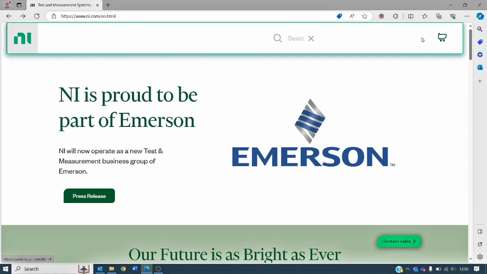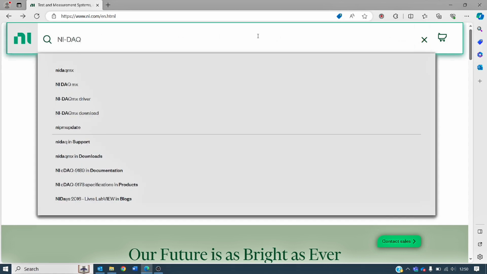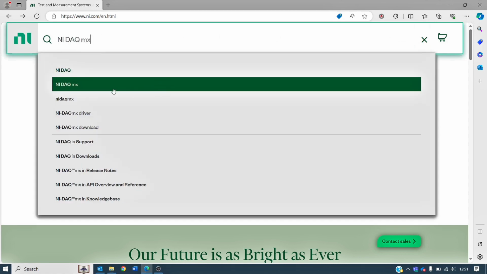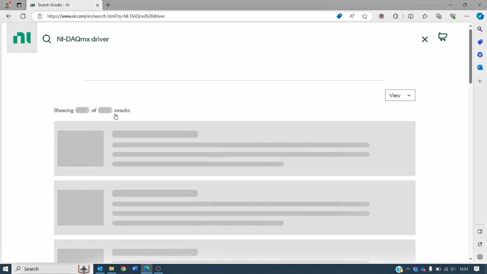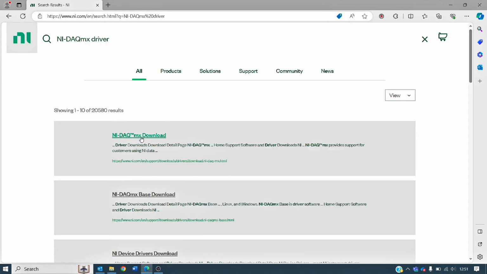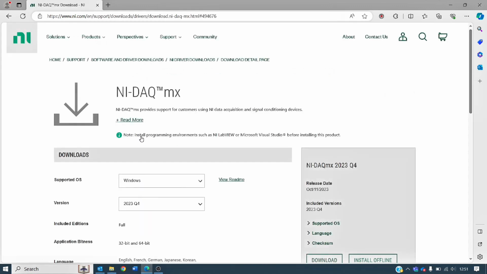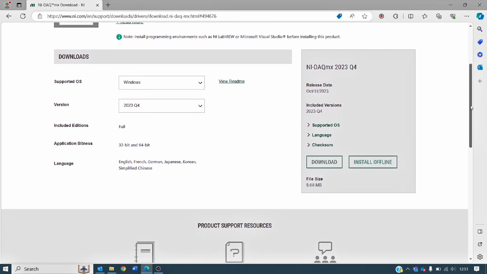Use the search to search for NI-DAQ, and you can see in the list here there's an option for the NI-DAQ driver. Click this and select the NI-DAQ download. This is where you can download the driver. Select download here,